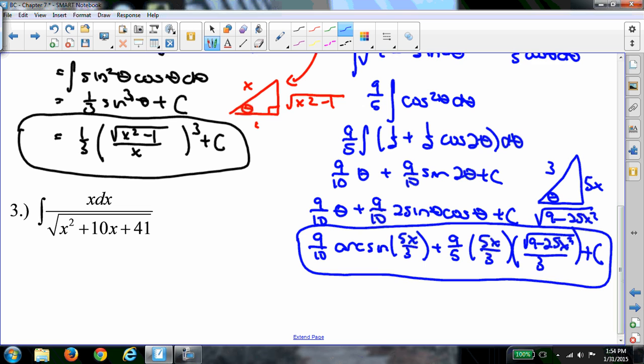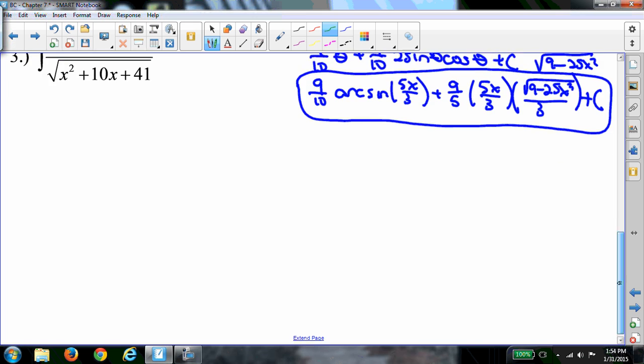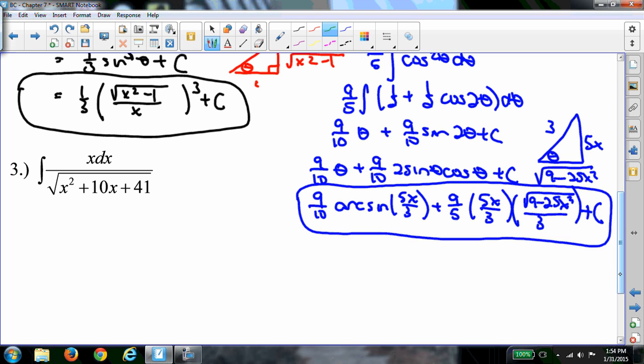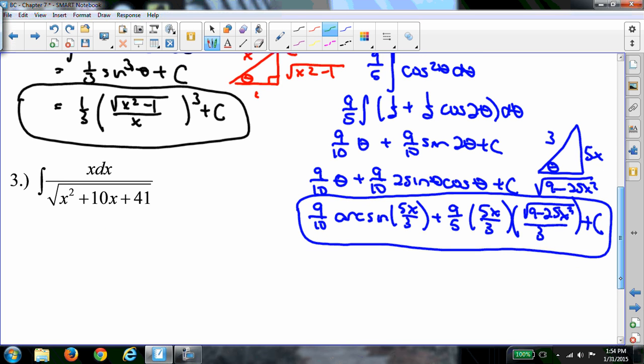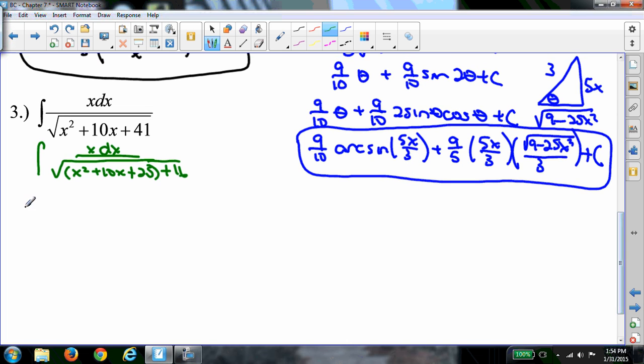Now, the last one that we're going to do, this way I can take care of all 3 different substitution functions, is x dx over the square root of x squared plus 10x plus 41. So again, you have a radicand, which is a radical, which is your clue that you're going to use your trig substitution. And in this case, to get it into something squared, we're going to complete the square. So x squared plus 10x plus 25 completes the square, plus 16 left over that doesn't get used to complete the square. So factoring this becomes x dx over the square root of x plus 5